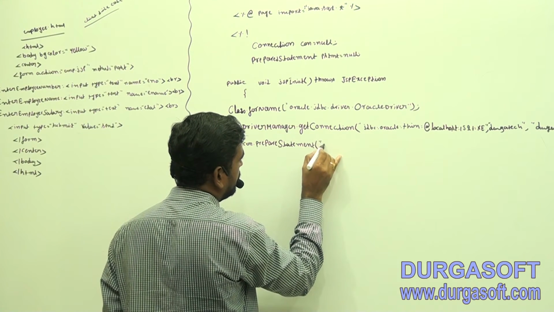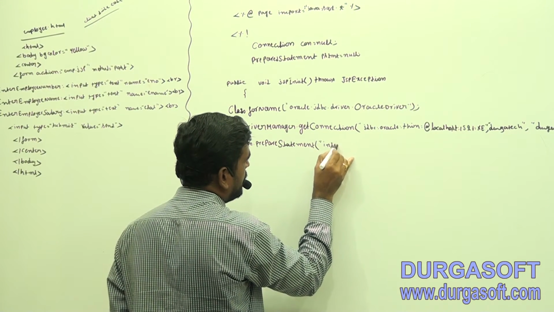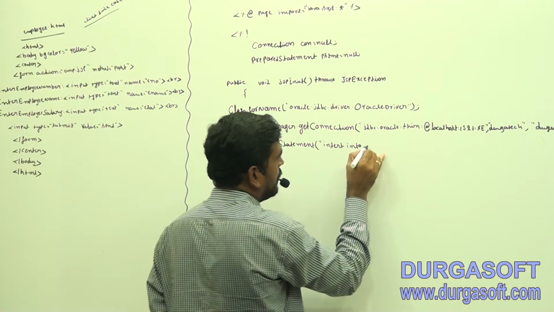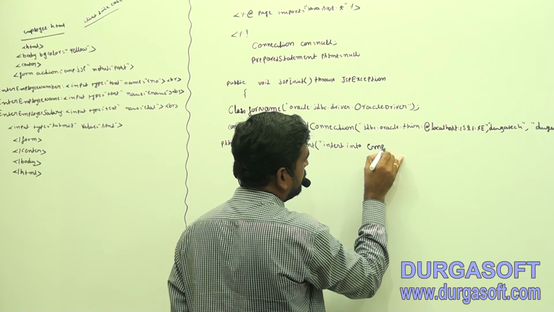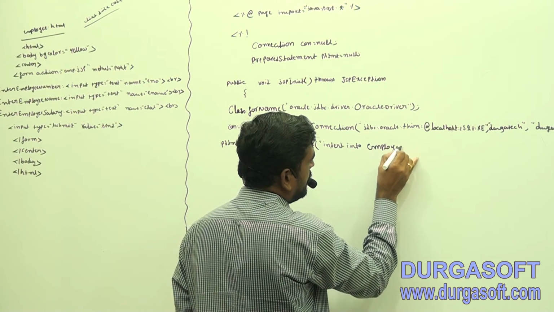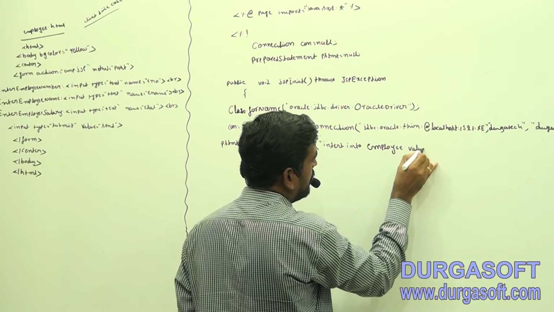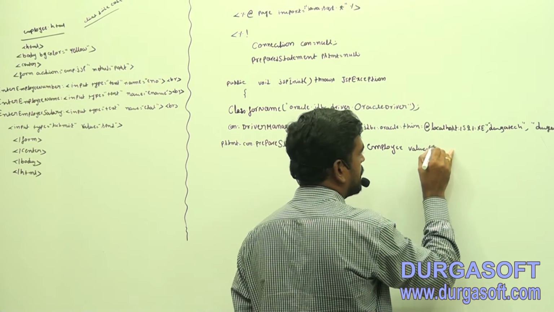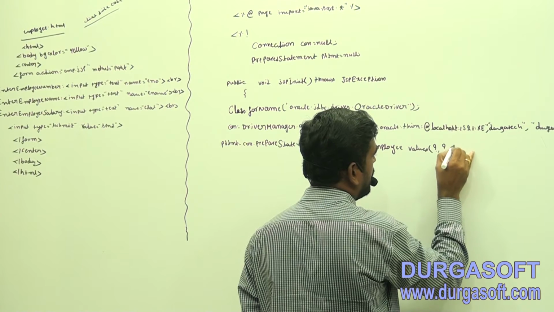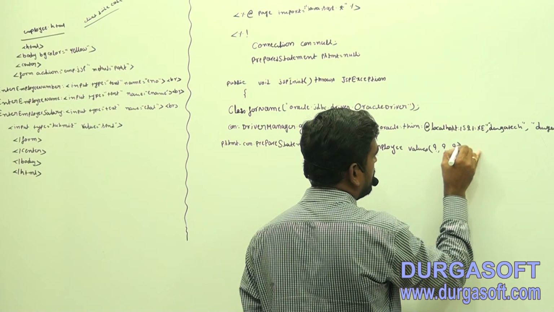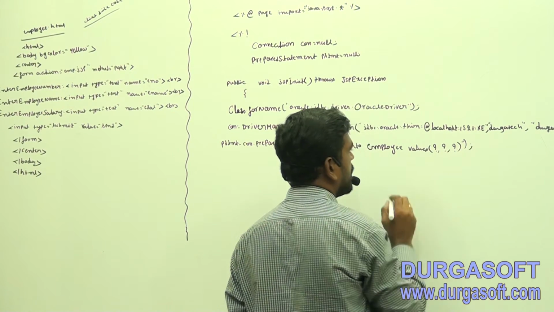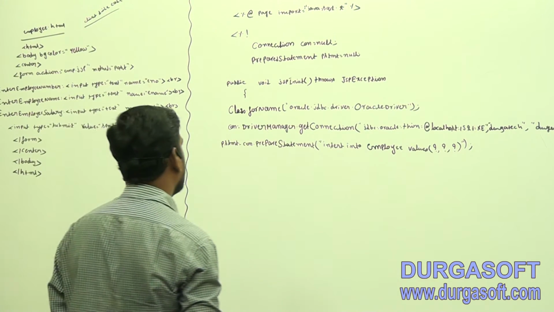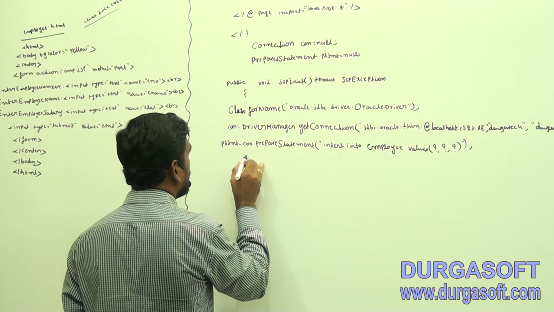Under that, insert into employee values. Under that I am going to take question marks. How many values you want to insert, that many question marks you can take. These question marks we call positional parameters. After that, close the